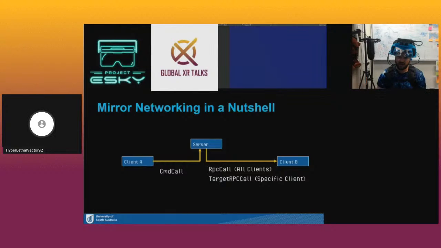So we have clients that connect to a server and send messages to the server. The server then relays this information to clients via various synchronized variables or RPC calls, which are given to all clients, or targeted RPC calls, which are given specifically only to particular clients that we've tagged. Now, you actually don't need to worry about any of this unless you wanted to pass some extra scripts in,